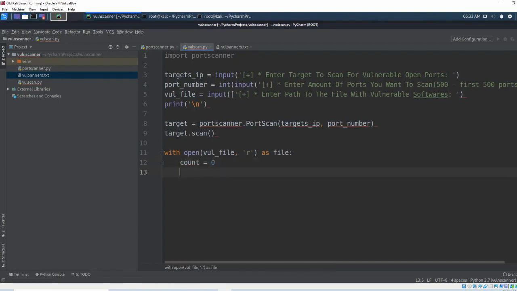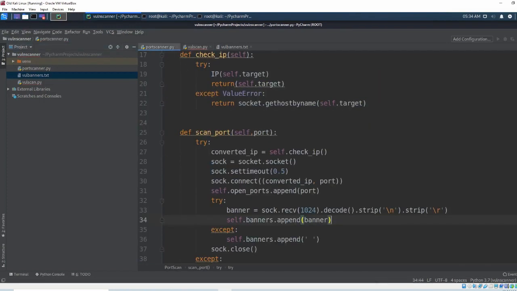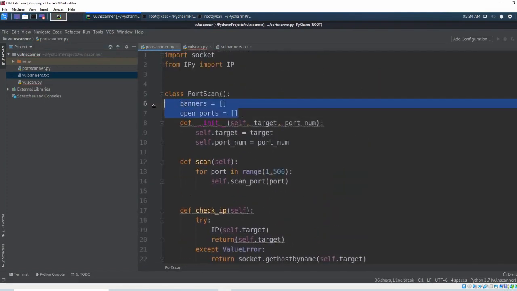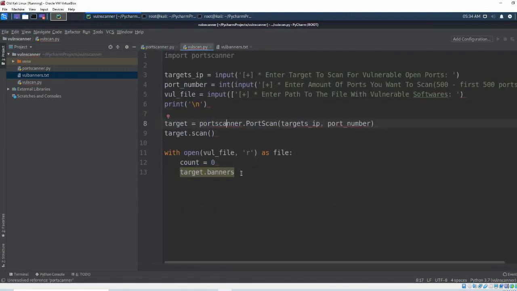And then we're going to take a look at all of the banners that we gathered during our scan. Alright, so how can we do that? We can access those banners by simply typing target.banners. How can we do that? Well, since we created this object right here, this object, besides these 2 variables, also has these 2 lists, should I say. So we can also access them if we want to, using our object. So target banners, and what we want to do with that is iterate over it. So for banner in target.banners,